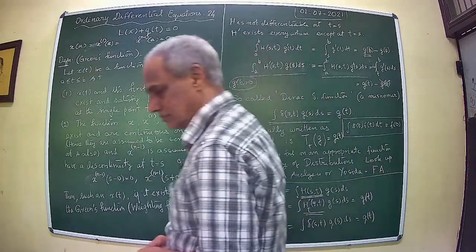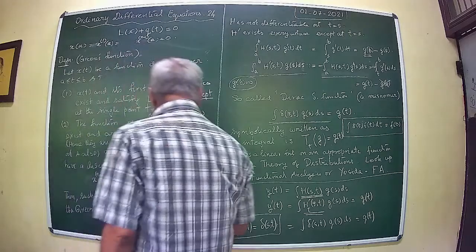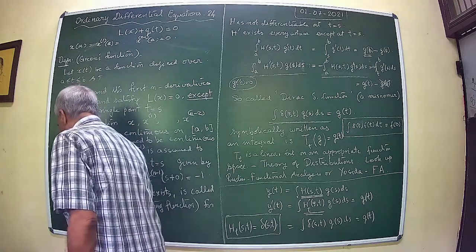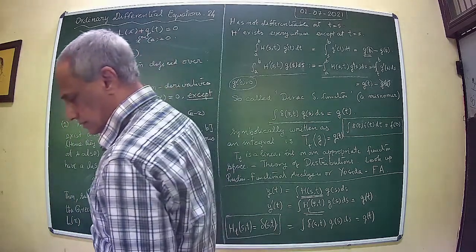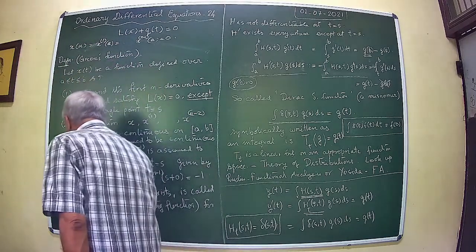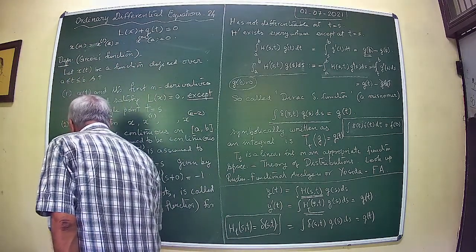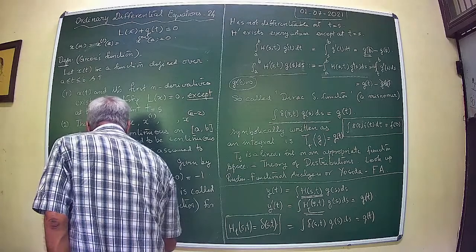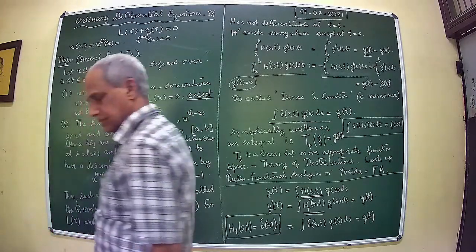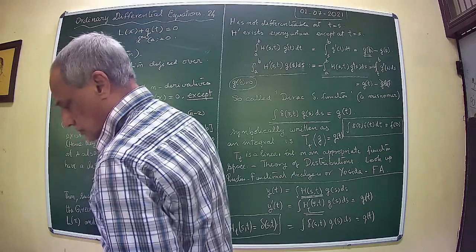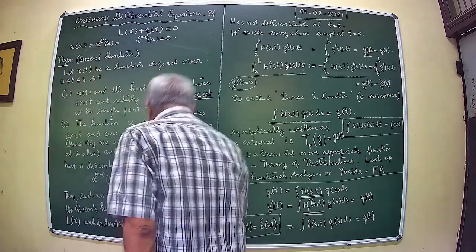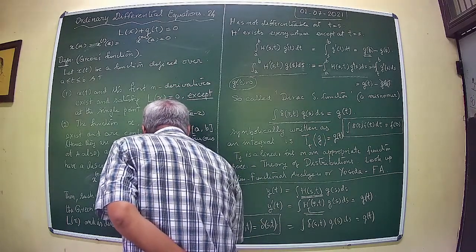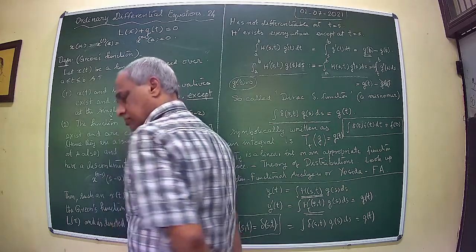Weighting function for Lx and is denoted by K(s,t). And this is also in the literature sometimes denoted by